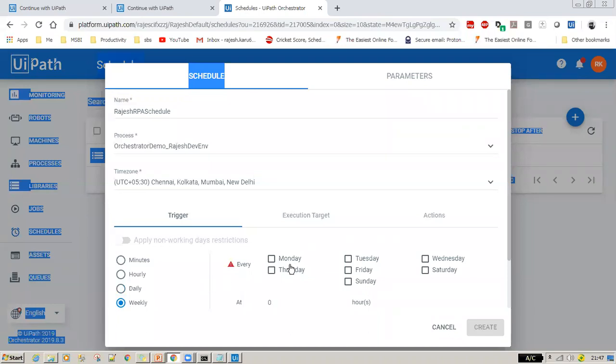You can explicitly specify what days it's supposed to run and at what particular hour. So these are the trigger points to run this.